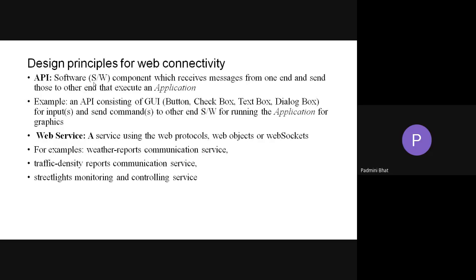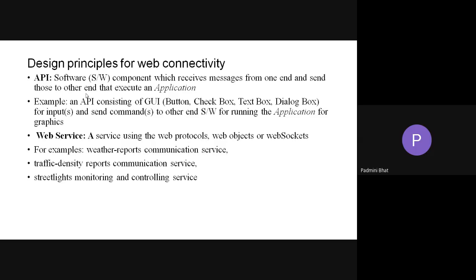An example of an API: in navigation, you want to get the route from location A to location B. When you go to that app, a window pops up asking for the from and to destination. That is the API. Whatever the client, that is the user, types will be sent to the software, maybe through the web cloud, depending on the application, or the app may be in your system only.